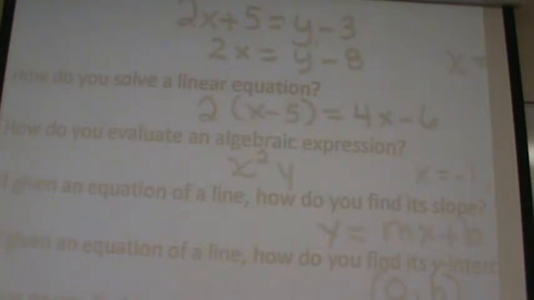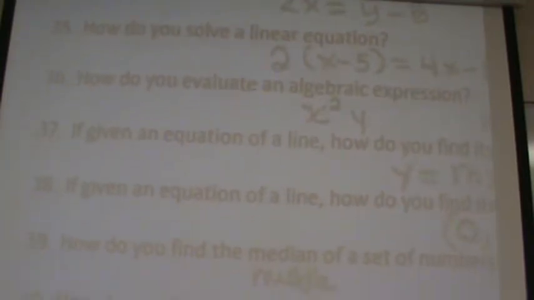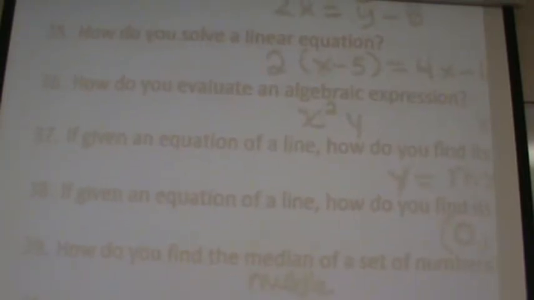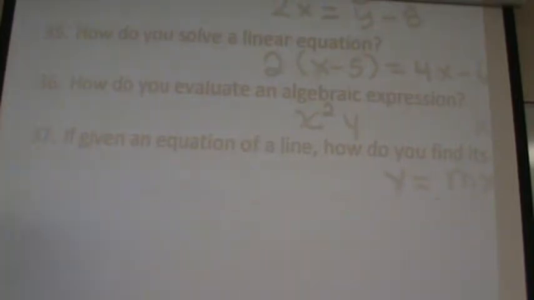What if they give you an equation of a line and they say find the slope? It's the